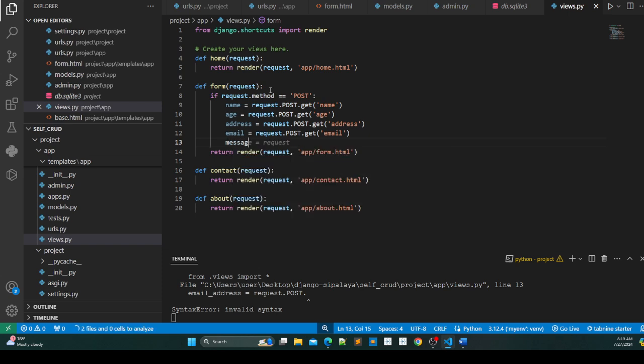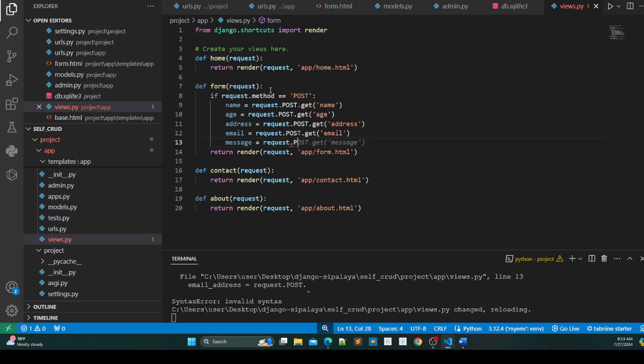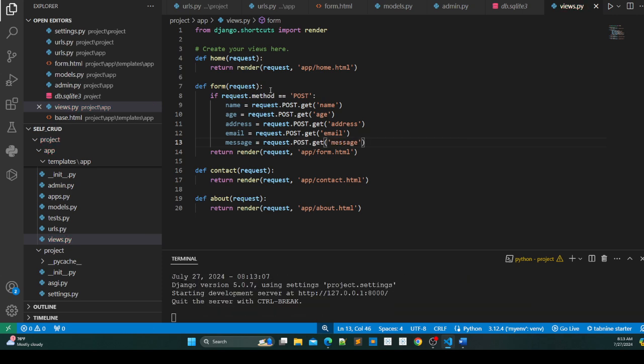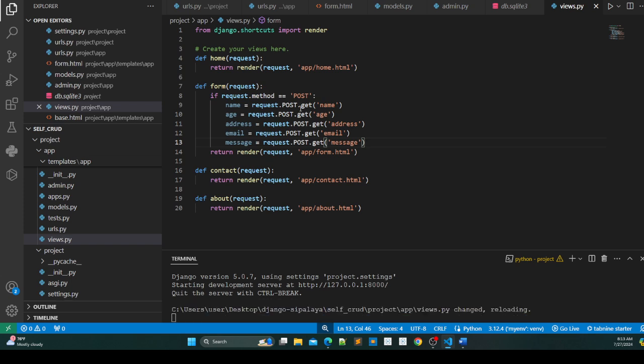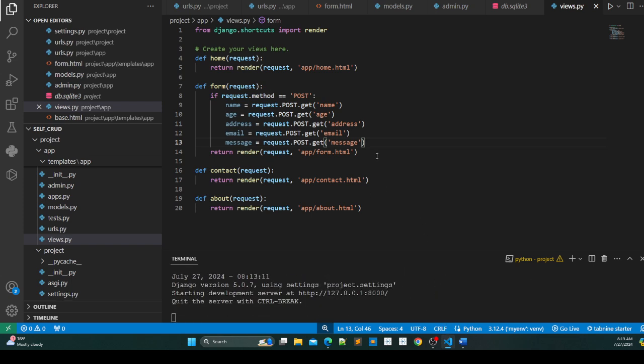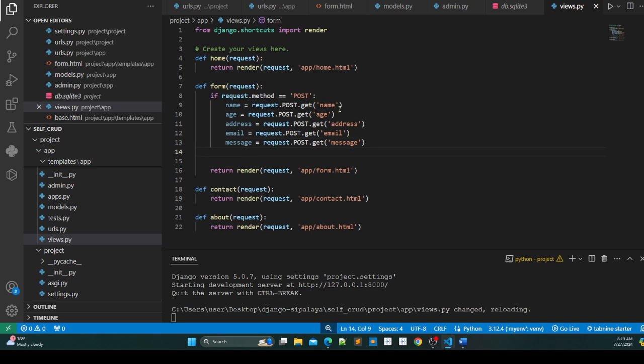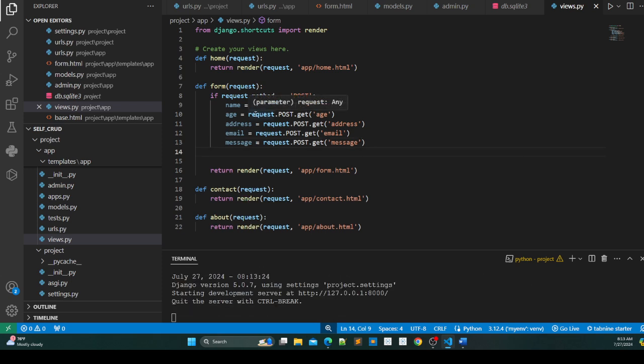Okay, message request dot post, get message. So after doing this, whatever we have entered in the name field on our website will come in this name. Now, in order to post this data to our database, what we need to do is